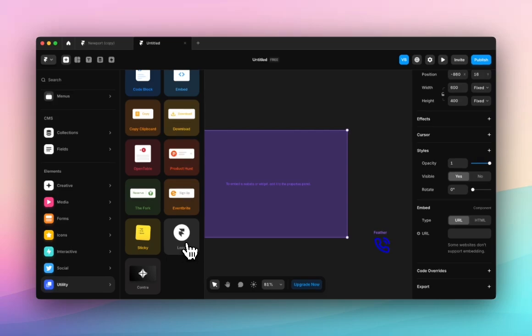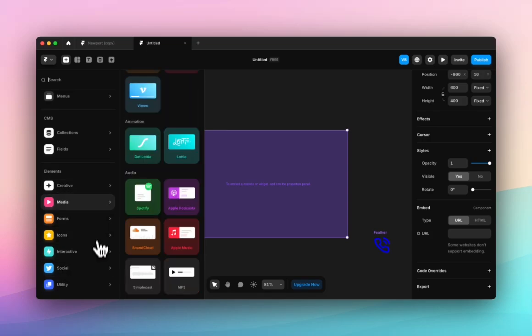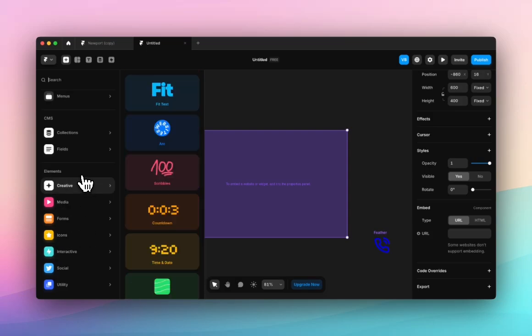Then we have some other things. We have booking things, so Open Table is for restaurants, the forks also for restaurants, events for events, and we also have Lemon Squeezy for buying digital products and Gumroad. So there's loads of things going on here, so take your time to click through this and see